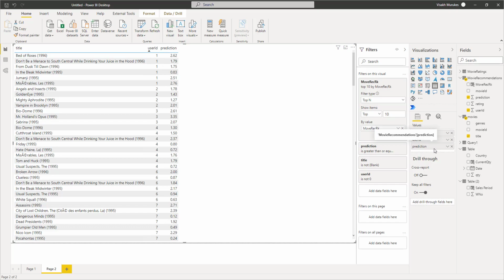So this method helps us to generate recommendation related data inside our Power BI by utilizing a Spark pool that we have created inside Azure Synapse Analytics. And the result of this recommendation engine will be persisted inside our Azure Synapse instance, which we used and accessed through the on-demand SQL pool inside our Power BI model so as to create this visual.